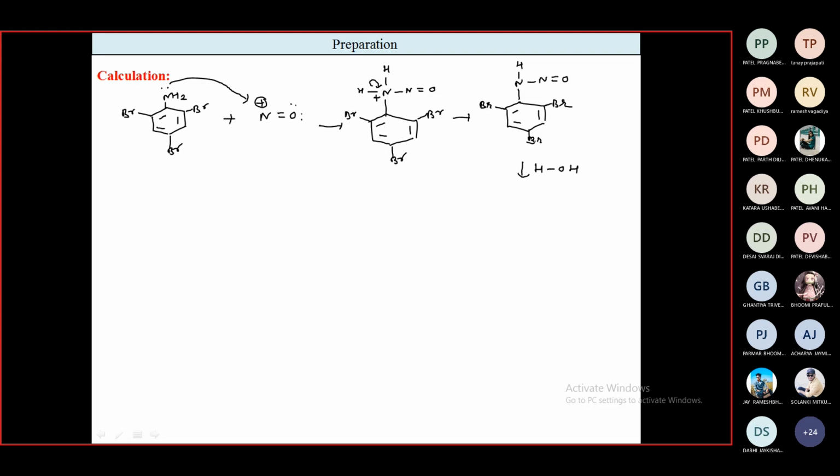So this is on reaction with water. So protonation takes place on oxygen atom. You are getting